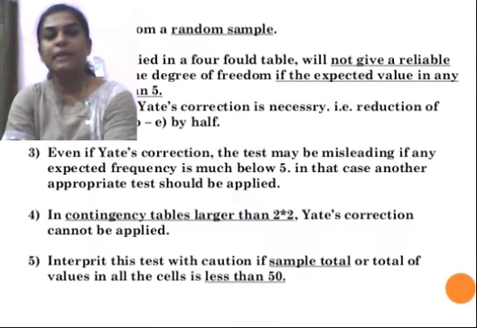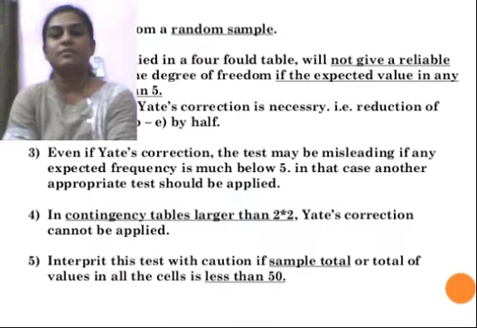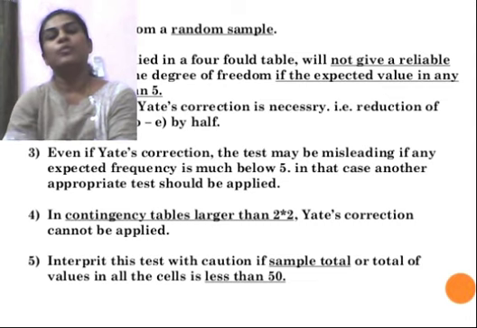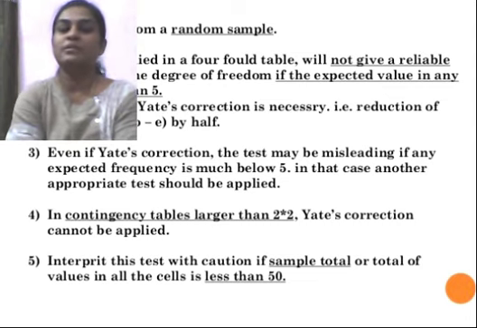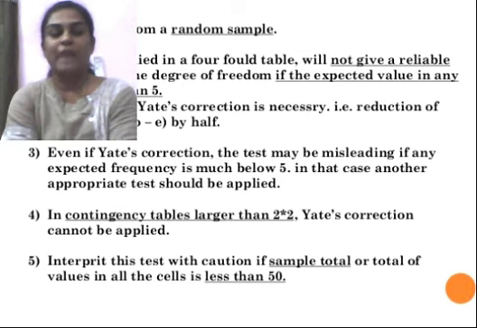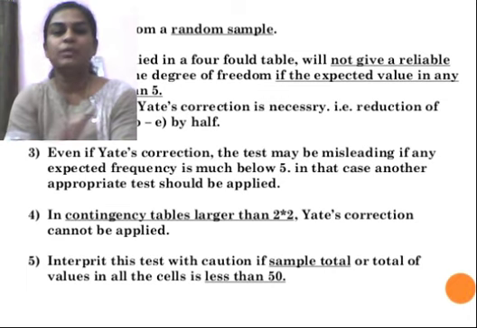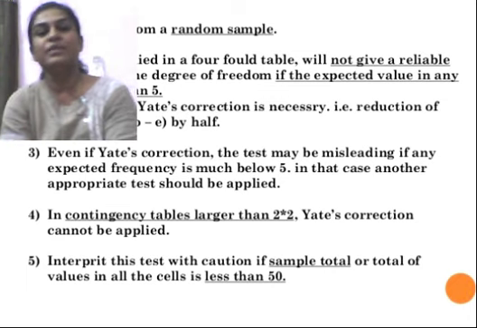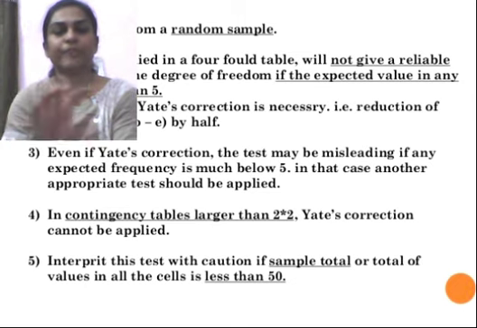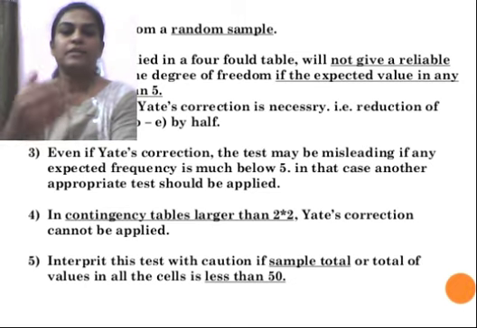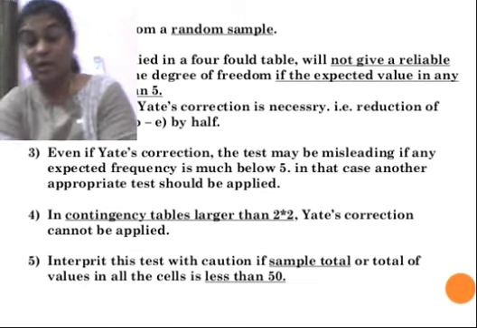Now let us see the limitations of the chi-square test. Till now we understood what the ANOVA test is, what the chi-square test is, its importance, and the process of calculation. But as you know, this particular test also has limitations. Only up to some extent can we apply this chi-square test. In the majority of cases we got failure applying this kind of test. Let us see what all those points are.